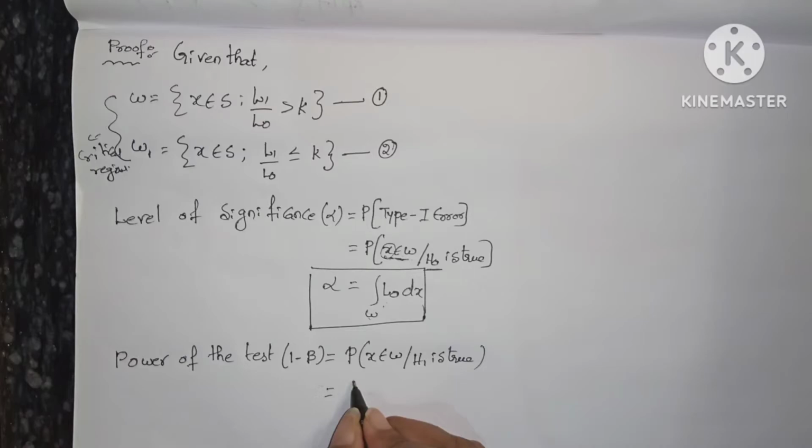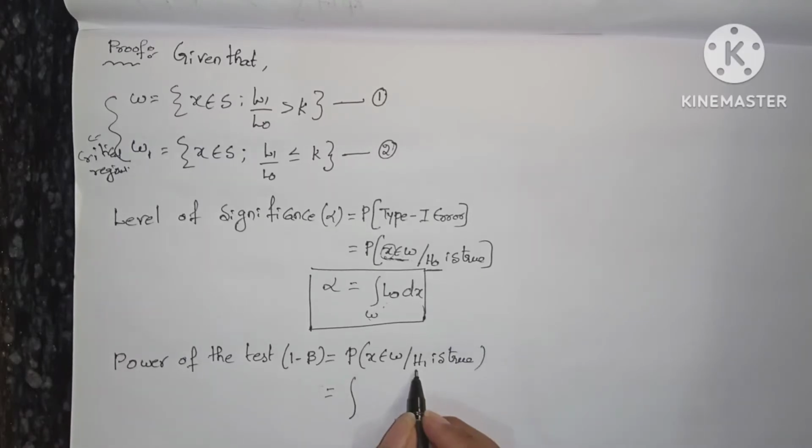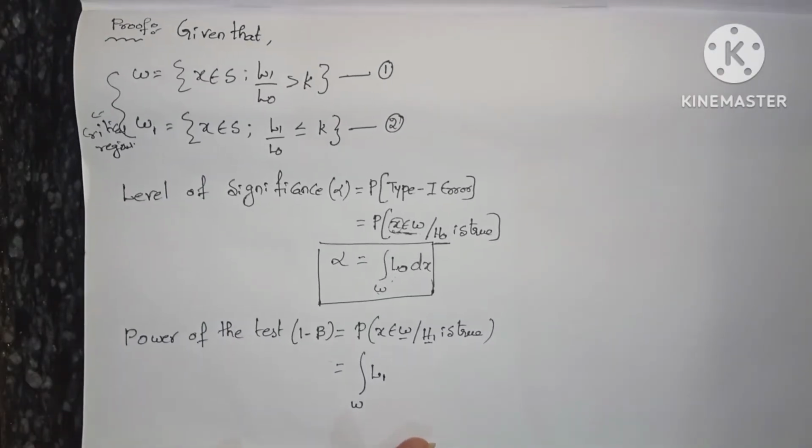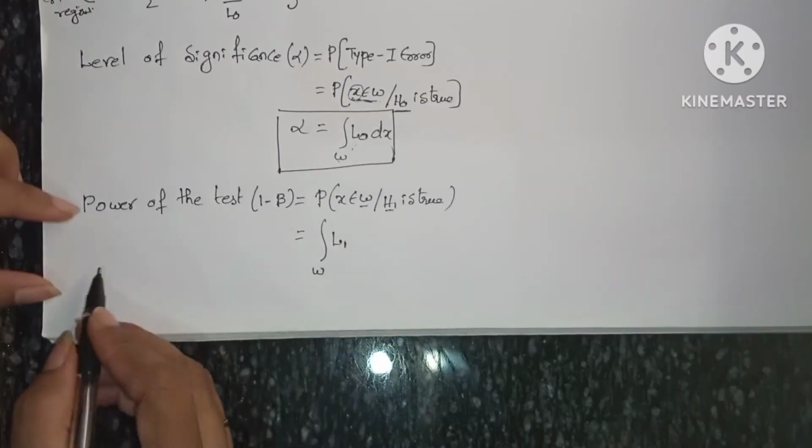Now which likelihood function do we have to take? We have to take the L1 likelihood function. Why? Because the alternative hypothesis is in L1, since here we have denoted H1. So over the limits, omega itself. Okay? So this is 1 minus beta 1. In order to prove Neyman-Pearson's lemma, what we have to do is